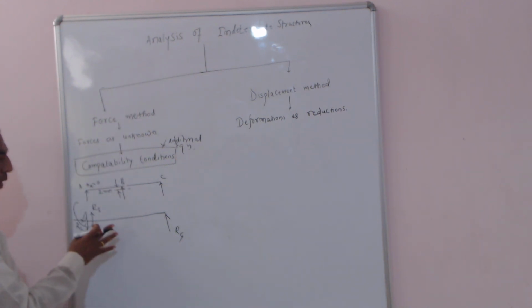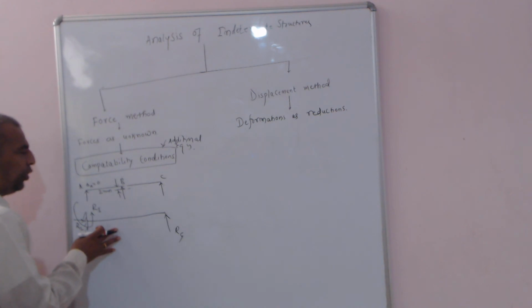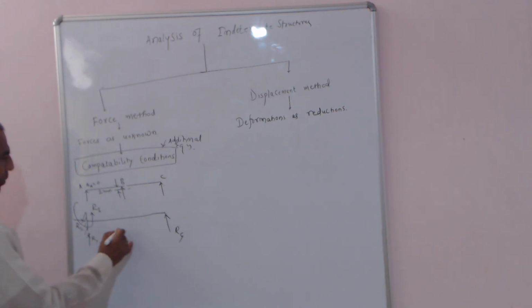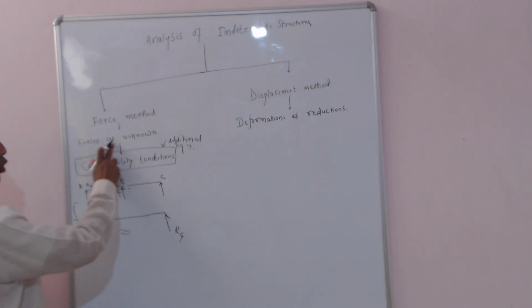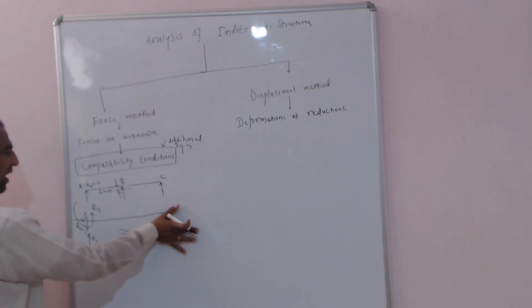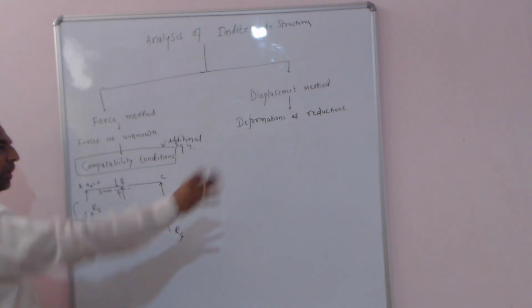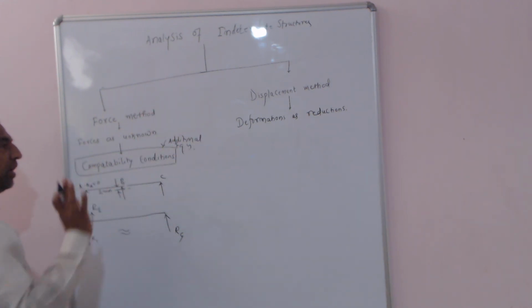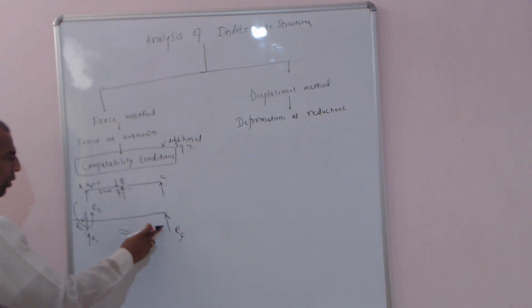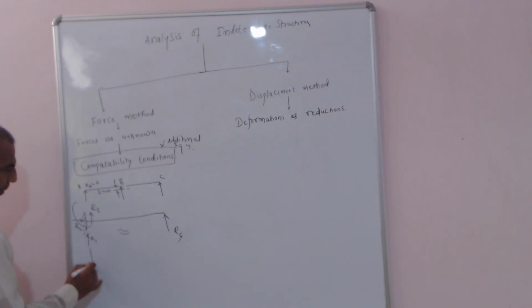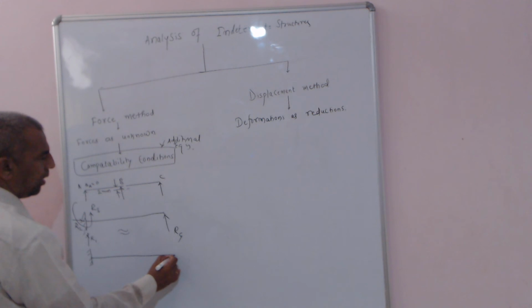So how can I solve this particular problem? He is doing it something like this. This problem is equivalent to, first he is taking the force as unknown. He is taking R4, which is not known to me, but I am throwing it out and I am calling it R4. Without R4, how will the structure appear? The structure will appear like this.